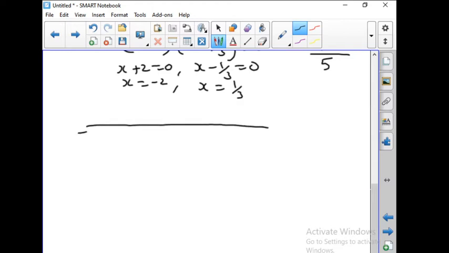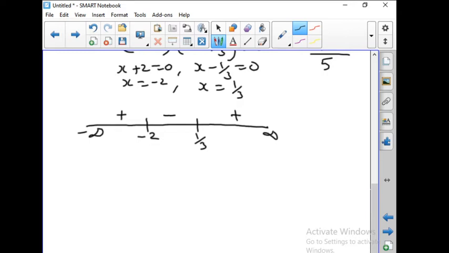Okay, so number line, this is minus infinity and this is plus infinity, and -2 is smaller than 1/3. So you find out which is smaller first, check that. So -2 is to the left, then we have 1/3. So now as I said, you start from the right. So this is plus and this is minus and this is plus. Okay, alternatively you are having plus and minus. We are starting from the right with plus.